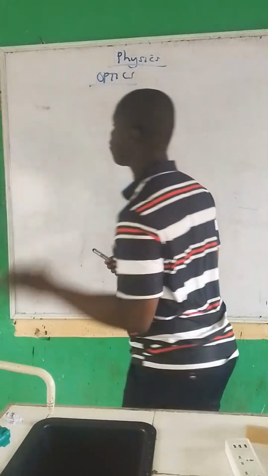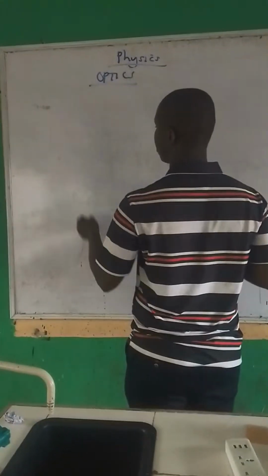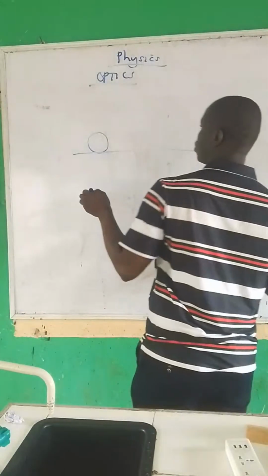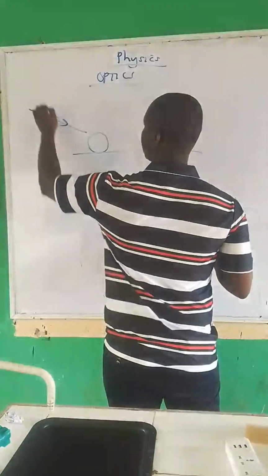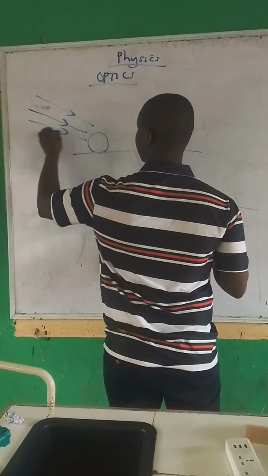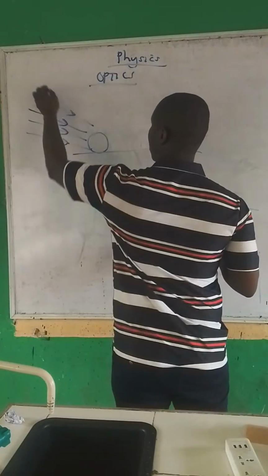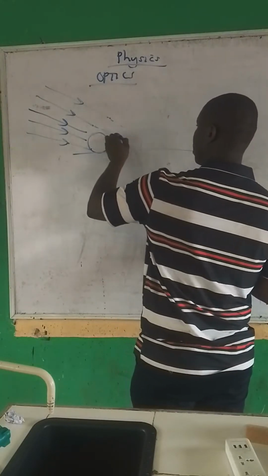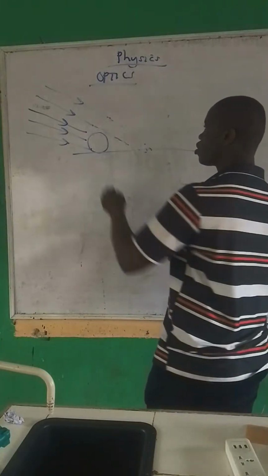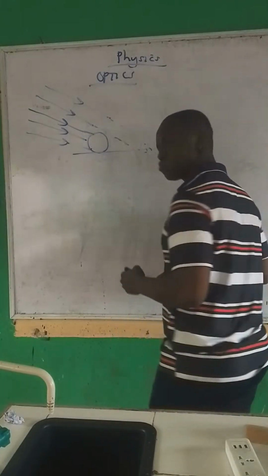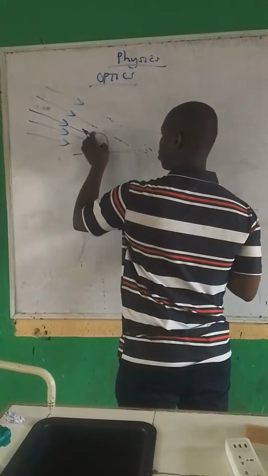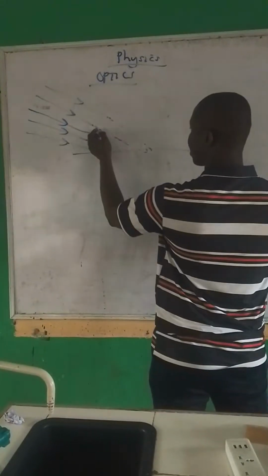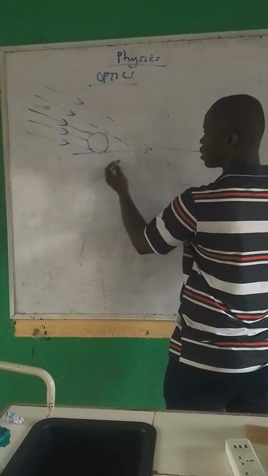So let's say we have a scenario where this is an object, and the object is on the floor. Light is coming from here, different beams of light. When this light comes here, this one will move right to this point, to this place. But this ray of light will not be able to penetrate because of this object. So while this place got light, this region will not be getting light.